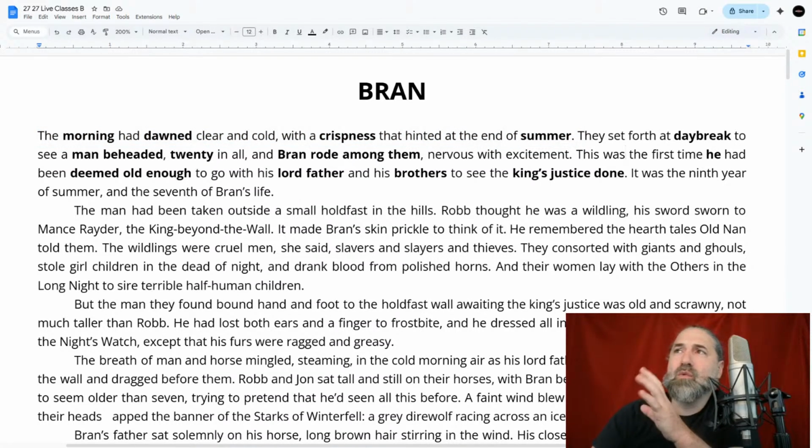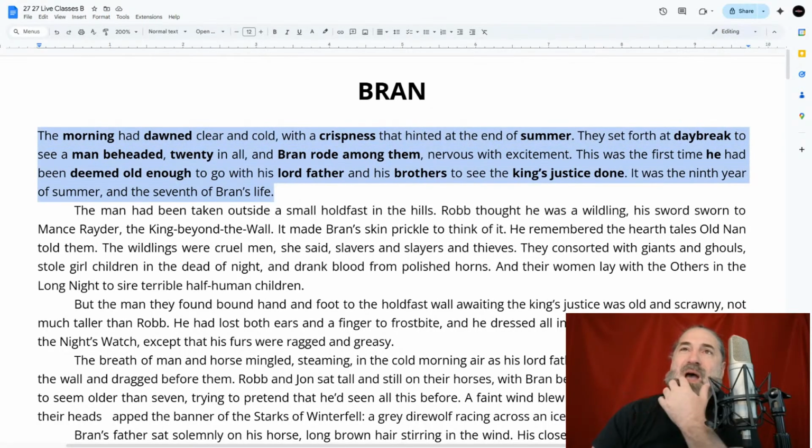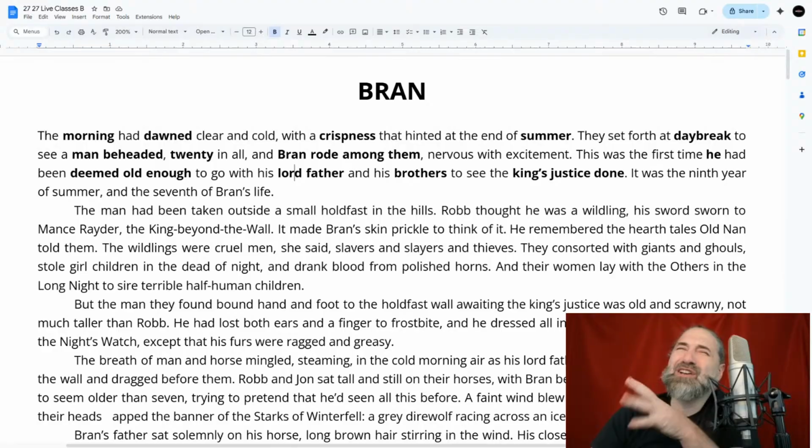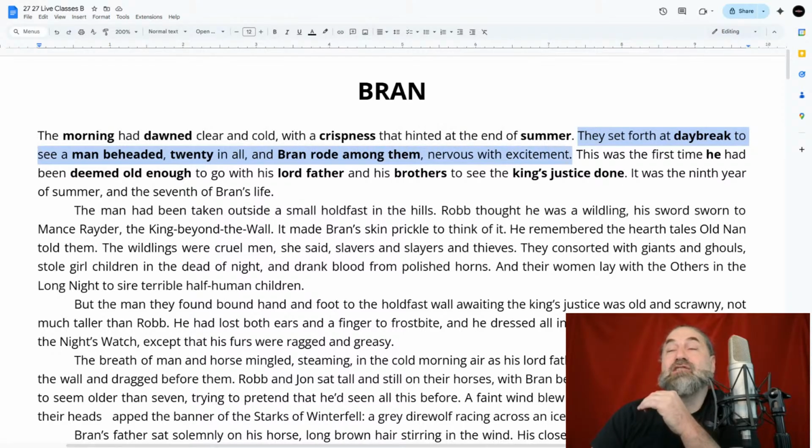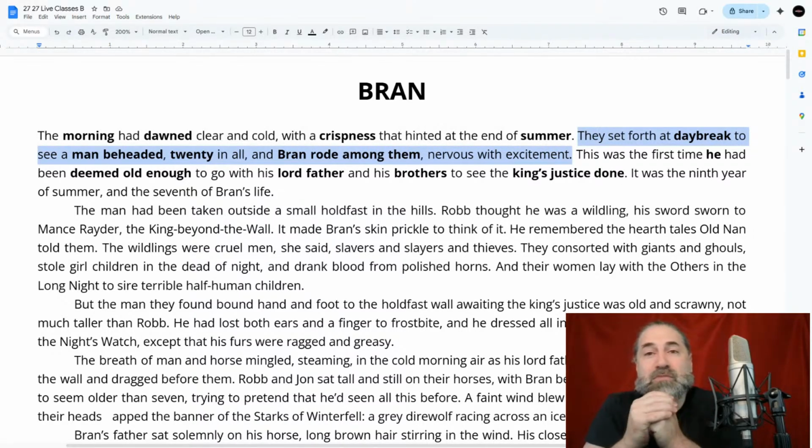Now, what does it mean? Well, it means you have to look at each sentence and at the information that's being presented. And then I'll tell you why that's important. So this is 1, 2, this is 3, 4, 5, 6. There are 6 pieces of information being presented. So technically,